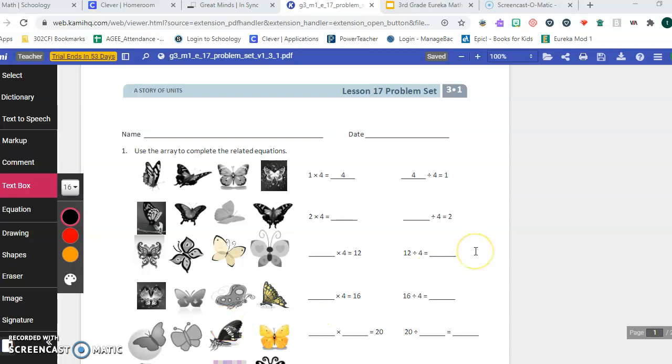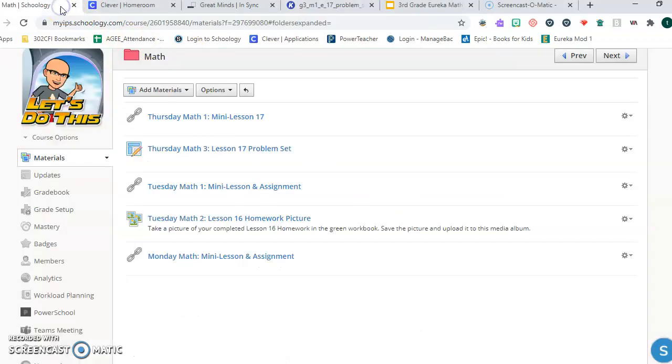All right, kids, we are going to work on the lesson 17 problem set together. This is your exact assignment. So I'll work on my version, and if you can figure out a way to watch the video, you can stop and start the video if you'd like and fill out your own assignment, that would be just fine. Or you can watch the video all the way through and then open up the assignment here